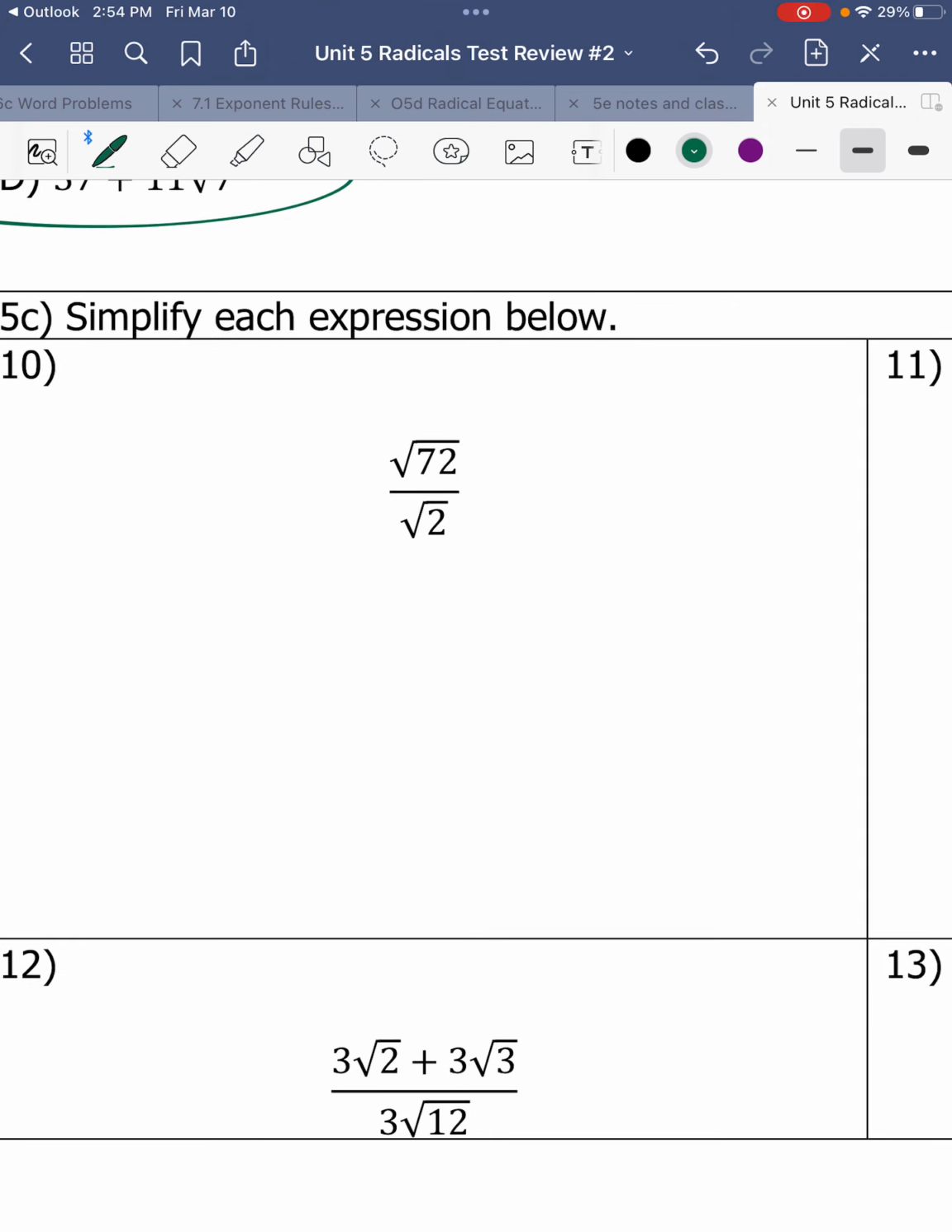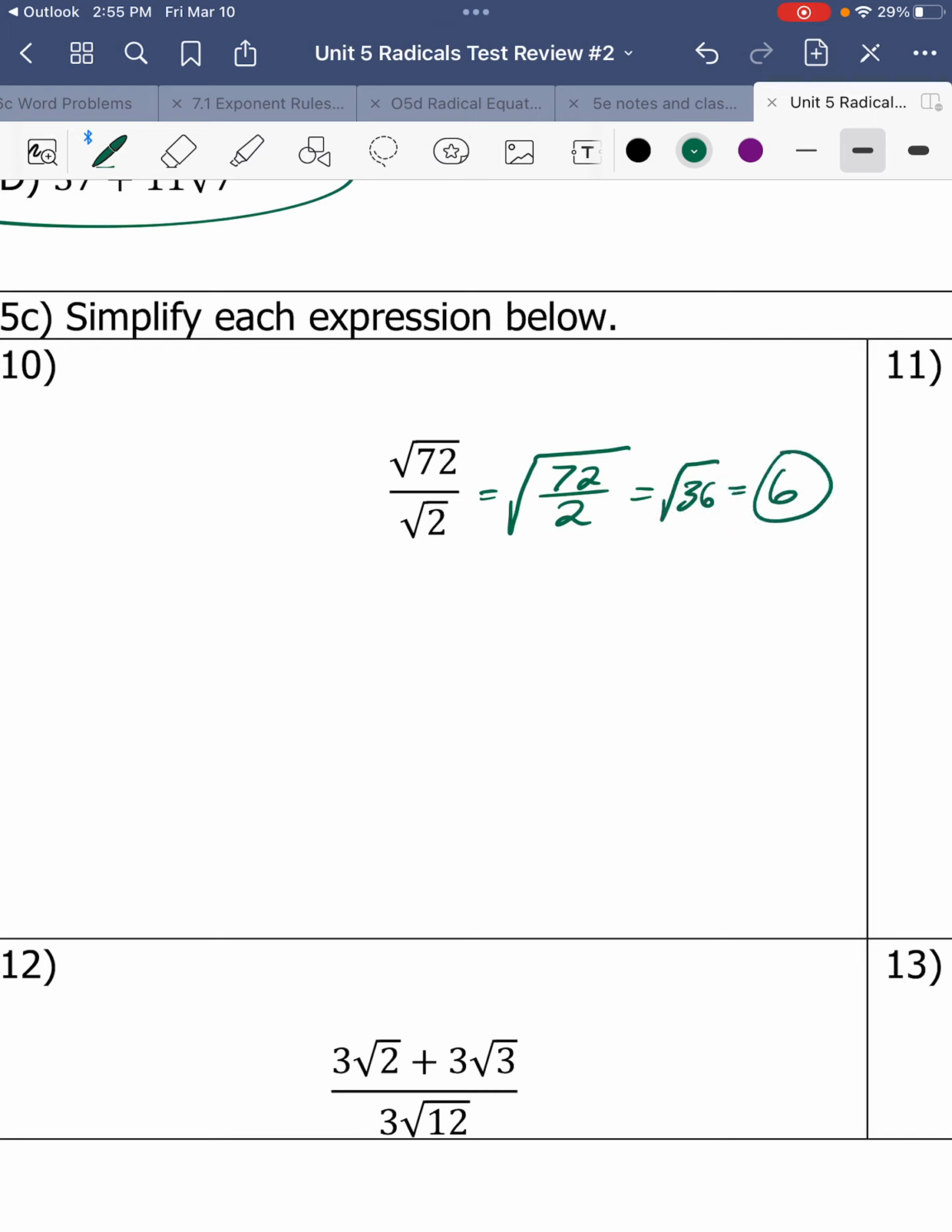All right, on to 5C. So for 5C, number 10 here, we can work it out 2 different ways. You could multiply by the square root of 2 over the square root of 2 to get rid of the radical in the denominator. That's actually not the fastest way in this case. If you notice that you can put the square root over 72 and 2,